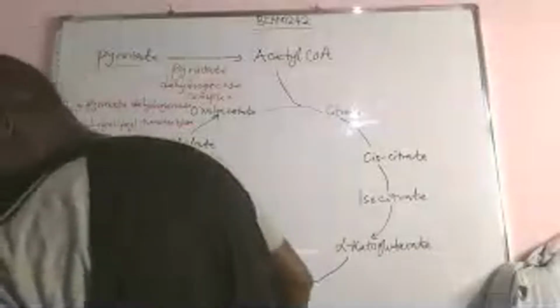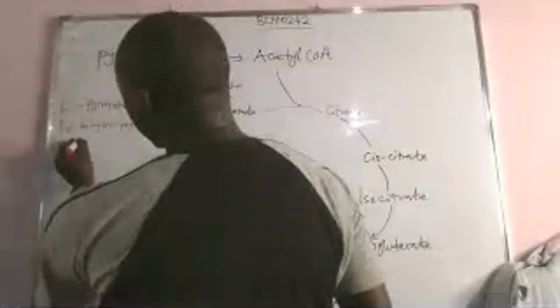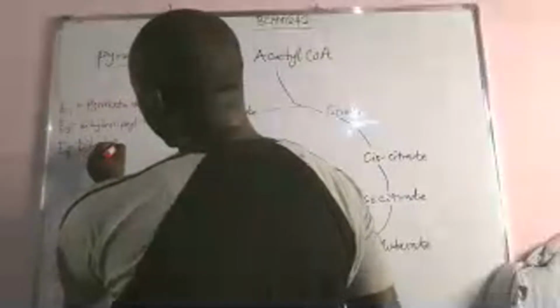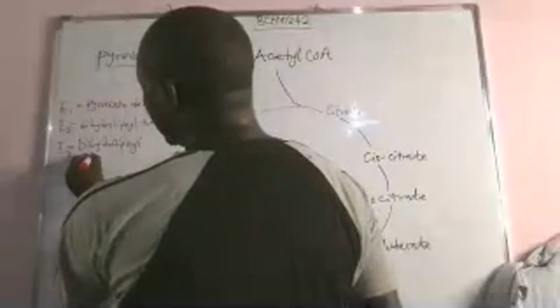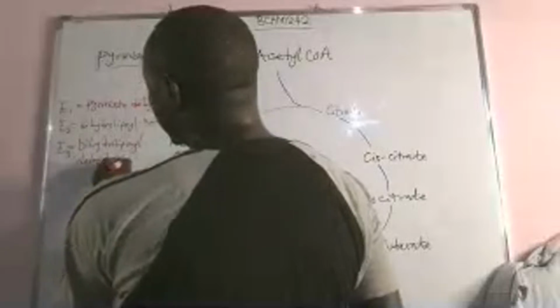And then the third enzyme in this complex is called dihydrolipoyl dehydrogenase. So I want you to understand, ladies and gentlemen, you should never forget that when we are talking about